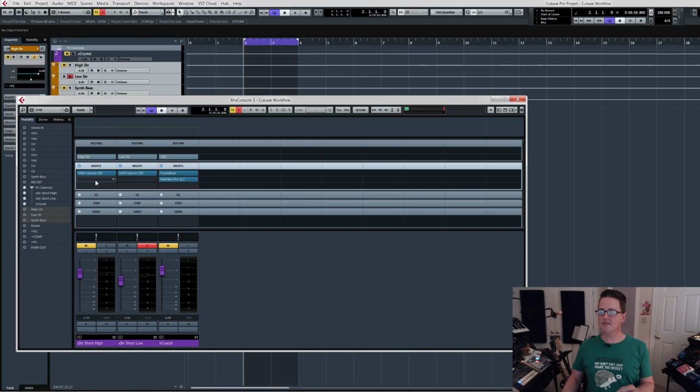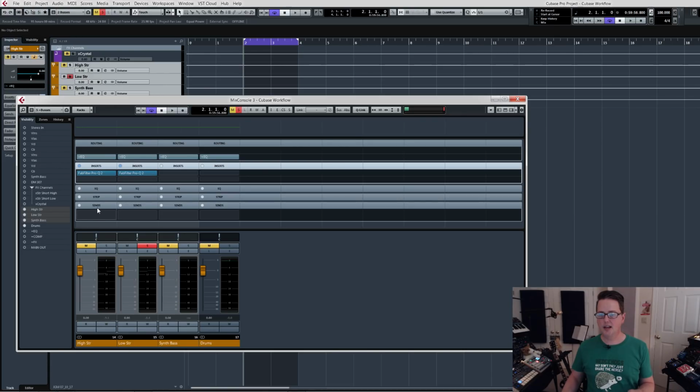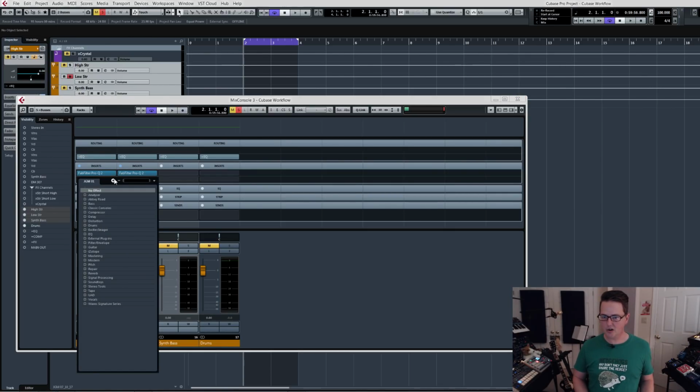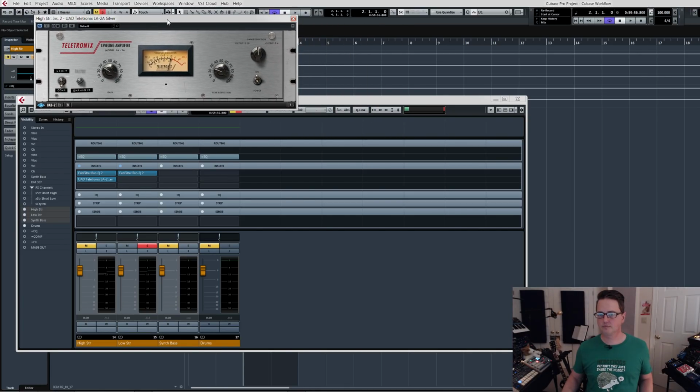It would depend. If I was carving that space out here on the buses and it sounded like it was taking too much out, I would probably then go to the reverb return and just put the EQ there, because I don't want to take it out of the strings, I just want to take it out of the verb. And the nice thing is here, if I put like an LA2A on the strings,